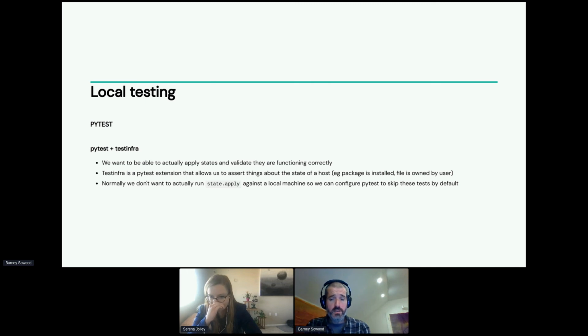We don't normally want to do that on a local machine. As we discussed previously, the local machine probably doesn't resemble the infrastructure we're targeting, and you probably also don't want to be changing the state of your local machine. We'll come to some other ways to do testing where states are actually applied shortly, but let's have a quick look at a really simple example first.